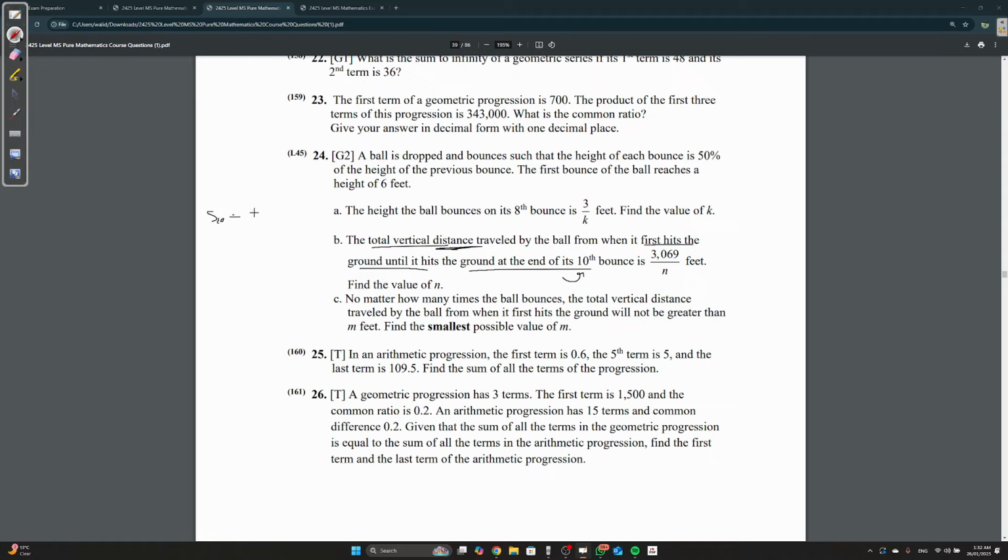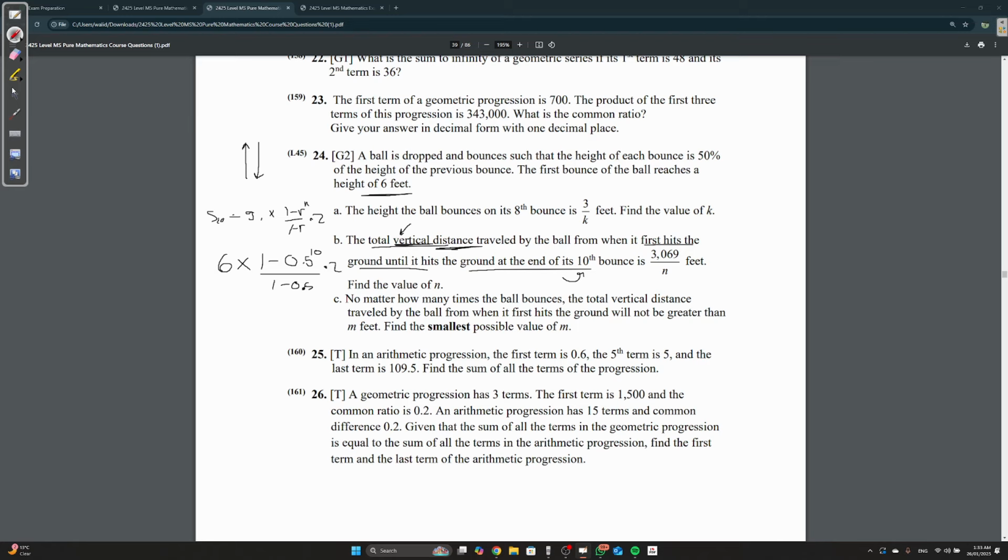So the sum of the 10 terms is g1 times 1 minus r to the power of n over 1 minus r. But since we're looking at the total vertical distance, we're going to multiply this by 2. Why? Because without multiplying by 2, it will just tell you the distance going up. But it's distance traveled, so you also need to consider the distance going down. Okay, so let's do this. g1 is obviously 6 feet, the first bounce, times 1 minus r, which we found to be 0.5 in the question, to the power of n, the 10th bounce, so to the power of 10, over 1 minus 0.5,